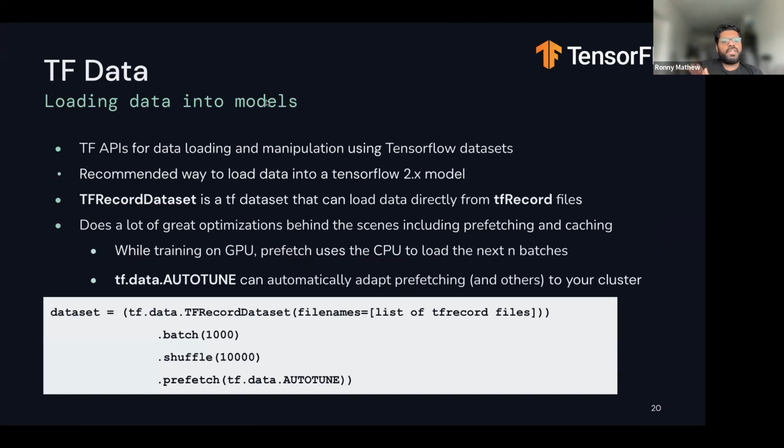So tf.data is TensorFlow's version of data manipulation and data loading. It's a TensorFlow API for that, so basically it deals with TensorFlow datasets. TensorFlow datasets are optimized for loading data into a model, right? With TensorFlow datasets, it provides a lot of optimizations behind the scenes, like prefetching and